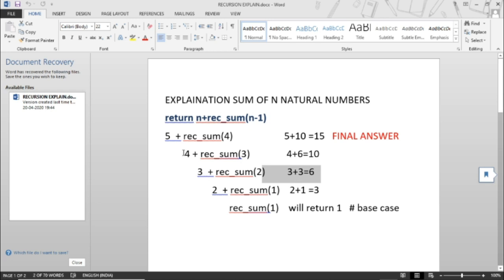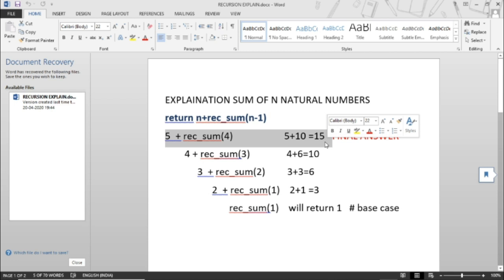Now it will be for 4, and 4 plus rec_sum(3). Rec_sum(3) is already calculated as 6, as you can notice here, so 4 plus rec_sum(3) means 4 plus 6, and it will be 10. Then for 5, 5 plus rec_sum(4). Rec_sum(4) was 10, which the computer has already calculated, and this statement will be read as 5 plus 10 equals 15.